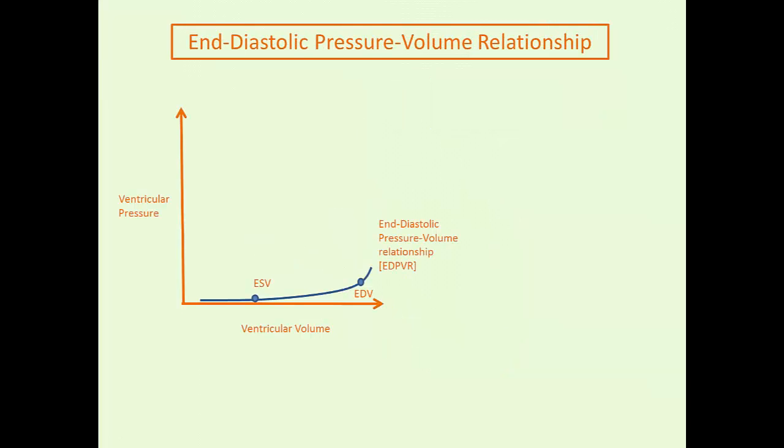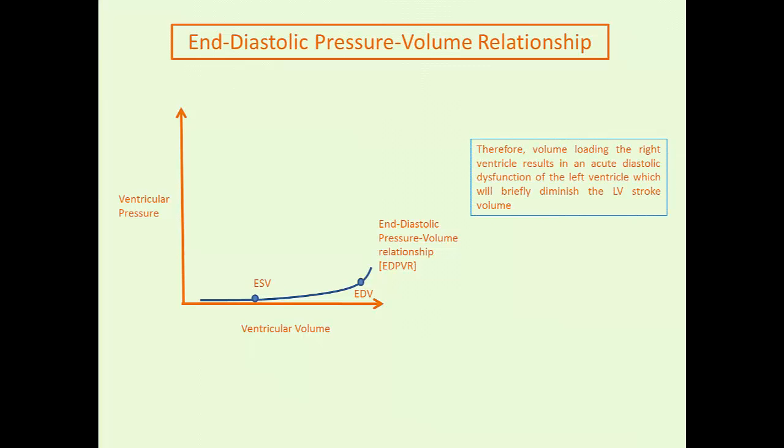And then just to graphically depict that phenomenon, again, this is the Sagawa pressure volume relationship. This is your end-diastolic pressure volume relationship. So as you fill your ventricle to a given volume, you have a given filling pressure. And what's been shown, and there are a number of papers that have shown this, and interestingly enough, this can even occur in fairly mild pulmonary hypertension in the RV. It's a relatively recent article in the last 2 years in the Blue Journal, that volume loading the right ventricle will result in an acute diastolic dysfunction of the left ventricle, which can briefly diminish